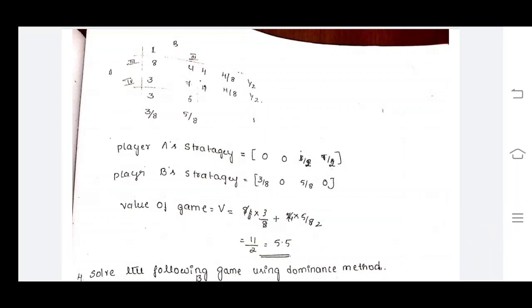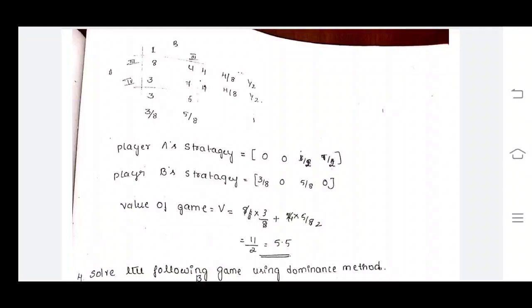In this we have used the third row values, that is player A's third strategy values 8 and 4, and that will be multiplied with the player B probabilities we have calculated, 3 by 8 and 5 by 8. That is, 8 will be multiplied with 3 by 8 plus 4 will be multiplied with 5 by 8. Then after simplification you will get the value of the game as 5.5.